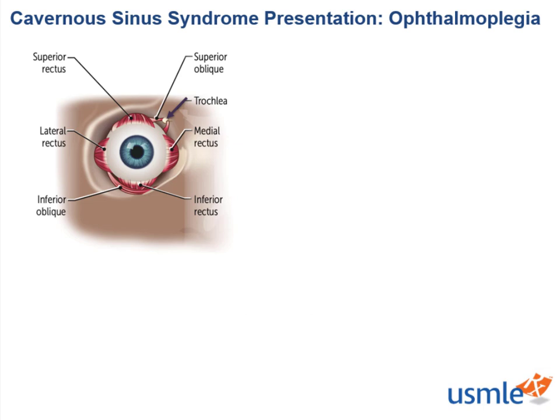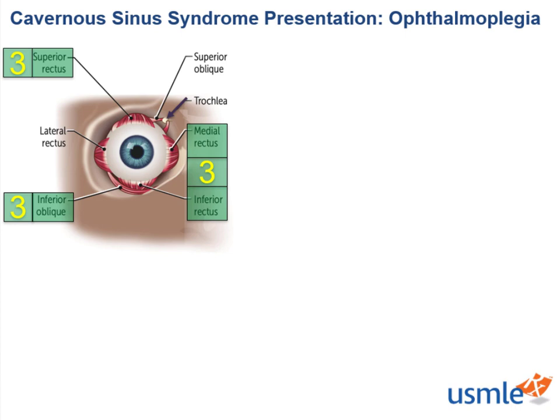Ophthalmoplegia is present in most patients with a cavernous sinus syndrome, so let's discuss the eye in a bit more detail. First, you must know that all muscles and movements of the eye are controlled by cranial nerve 3, except 2. The superior oblique is controlled by cranial nerve 4, or the trochlear nerve, so named because the muscle under its control uses the trochlea, as you can see in this image, or a pulley system for downward and inward eye movements, such as you would need if you walked down a flight of stairs or went to read a book,